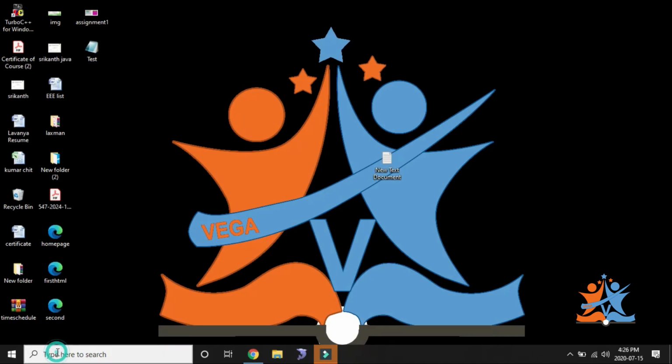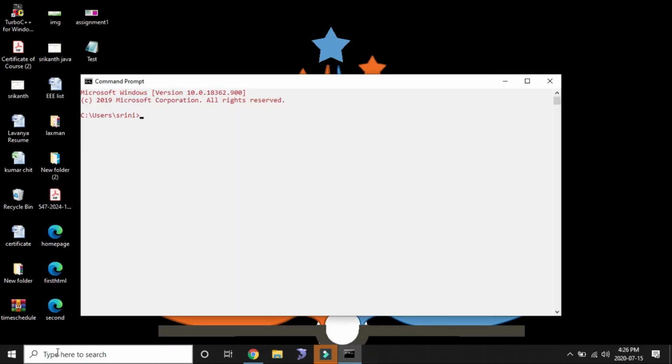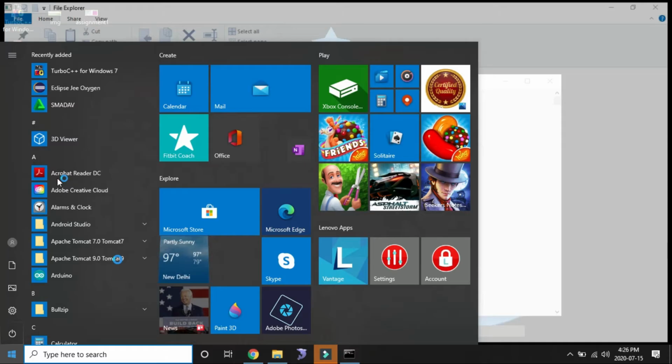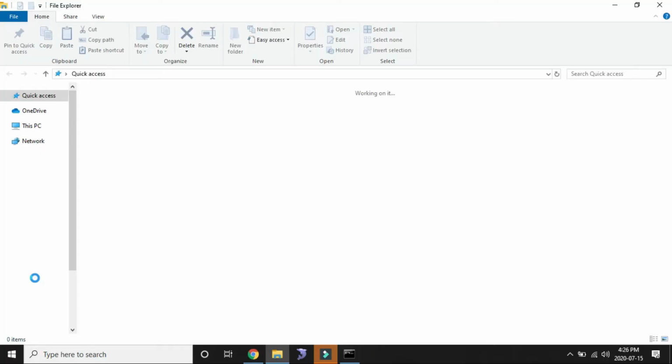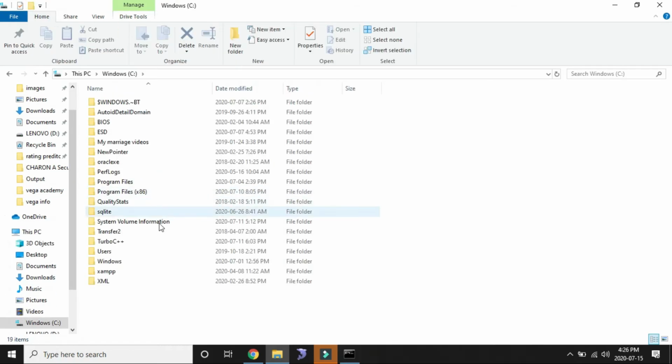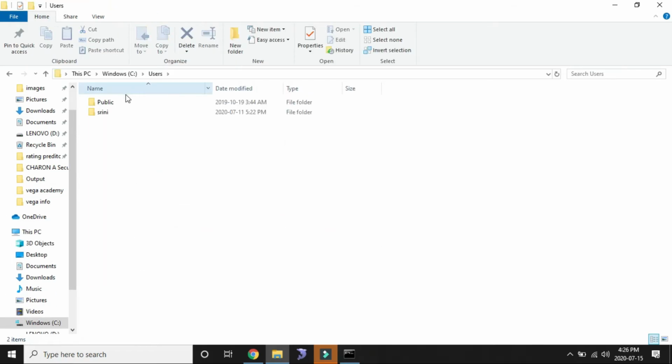So go to command prompt, where your test file is available on the desktop. I go to My Computer, This PC, C, Users, Srini.